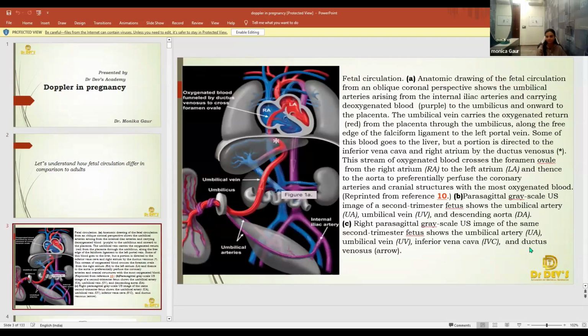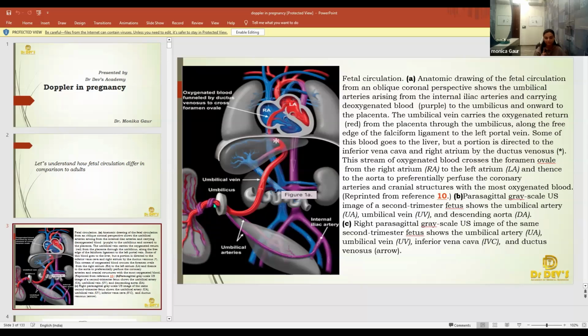So how does it work? We have two kinds of circulation here. One is maternal, another one is fetal. So how does it look? This is the umbilicus. When we say umbilicus, we automatically mean that we have two umbilical arteries and one umbilical vein. The umbilical arteries, normally, should carry oxygenated blood, but here it is altogether vice versa. So umbilical arteries carry deoxygenated blood, and the single umbilical vein carries oxygenated blood.